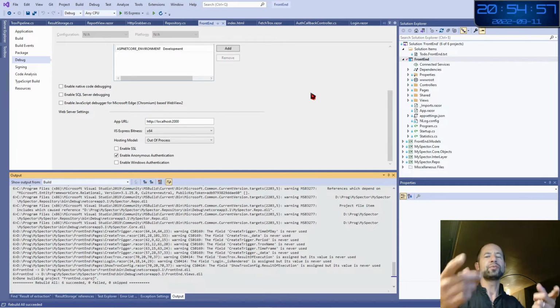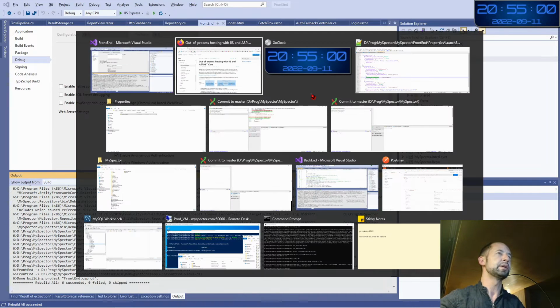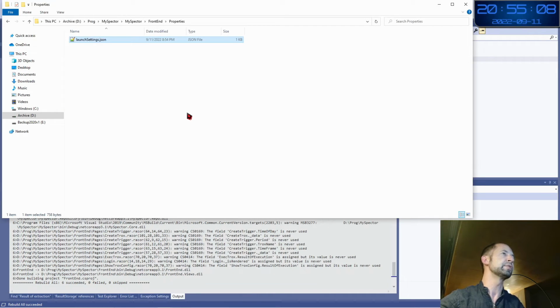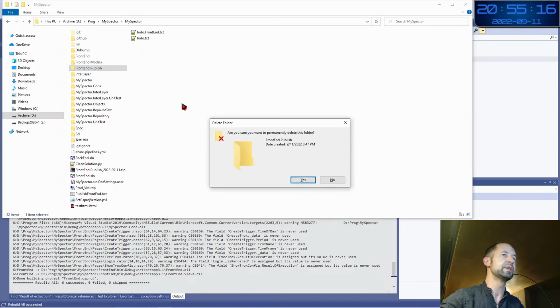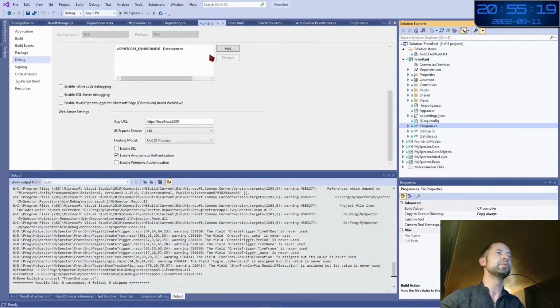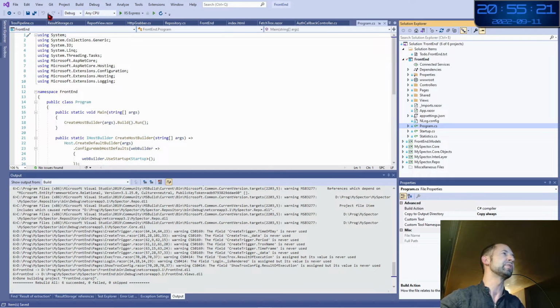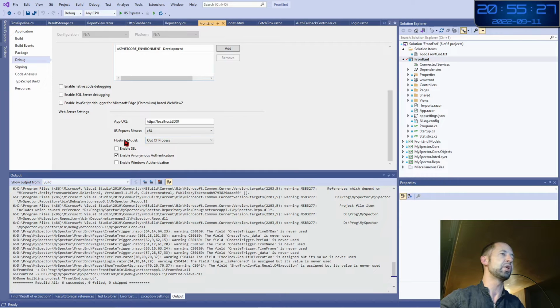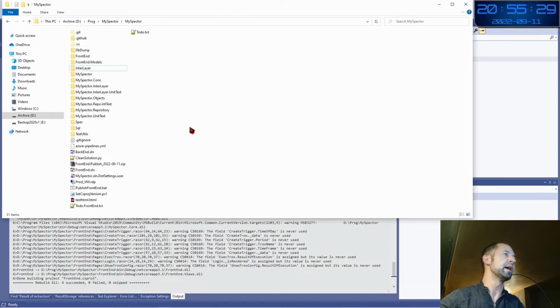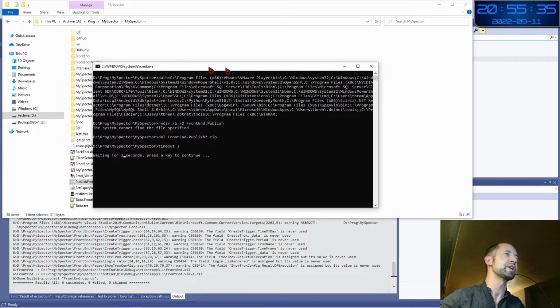the thing is, when you publish the release, I'm going to show you what it is doing. So to do this, I have a batch file which generates this directory, front end publish, that I'm going to reset. So you see that I have saved all my changes. So I come back just to check again. I am currently hosting model out of process. I am going to launch this batch file which creates my publication.